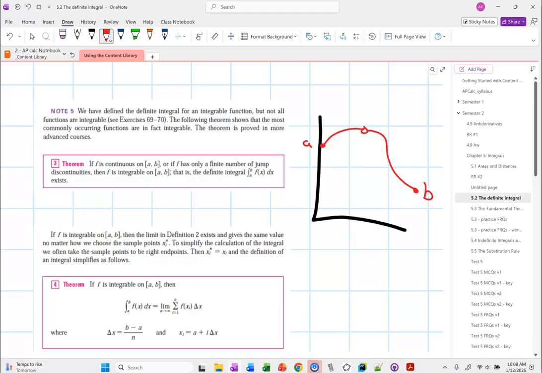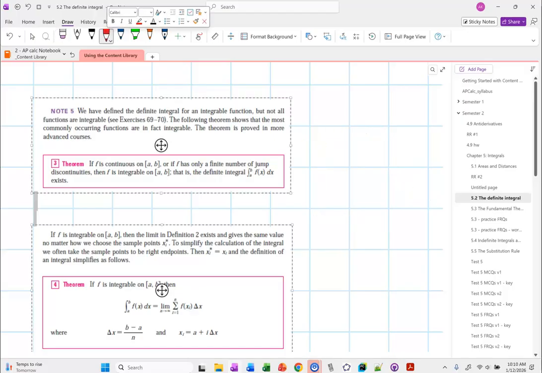2 discontinuities, no problem. 3, 4, 5, no problem. Finitely many, no problem. Infinitely many, a problem. What would infinitely many discontinuities look like? A mess. Like between 2 points? Yeah. So it's just like a bunch of holes? Well,